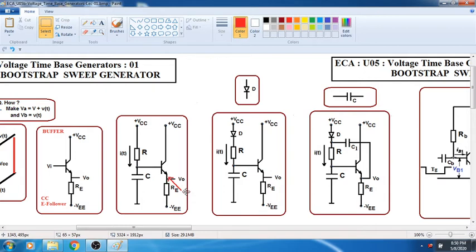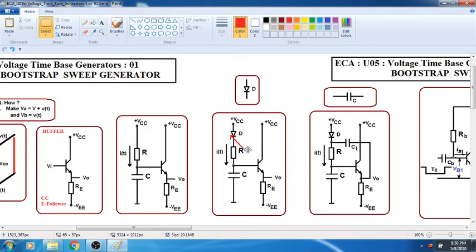So now what we do next is, we must connect this point to this node. Now how do we connect this emitter to this node? We need to take some precautions. That is, we will try not to connect directly to this point, because this is DC voltage. Now this DC voltage must add to the time varying voltage. So if we connect directly, it will not happen, because this is a DC voltage.